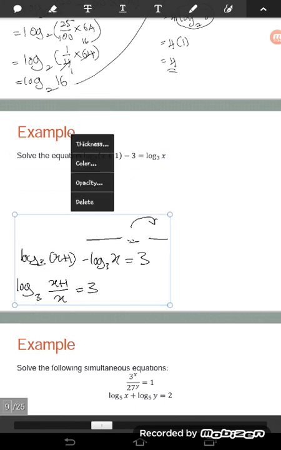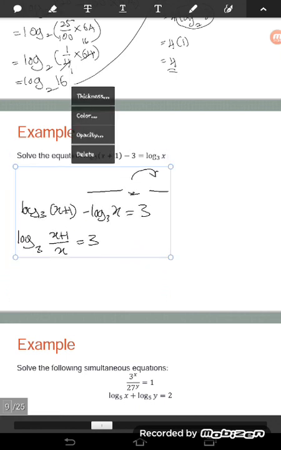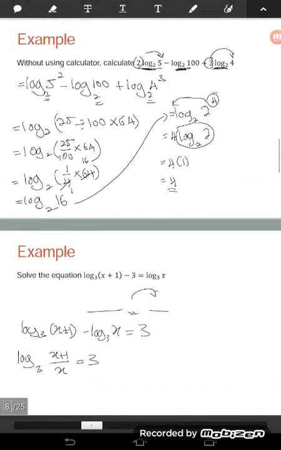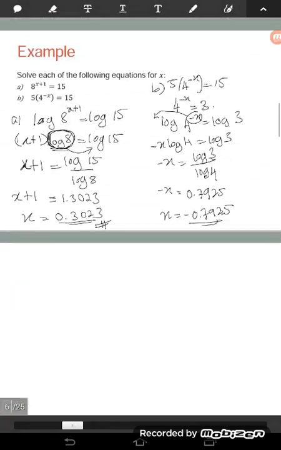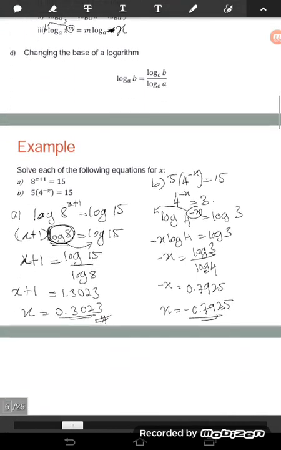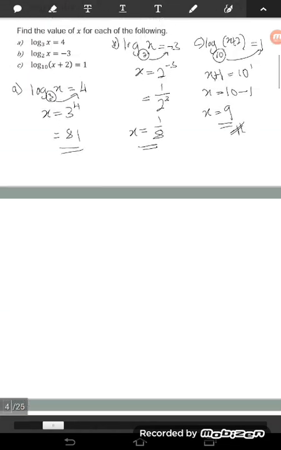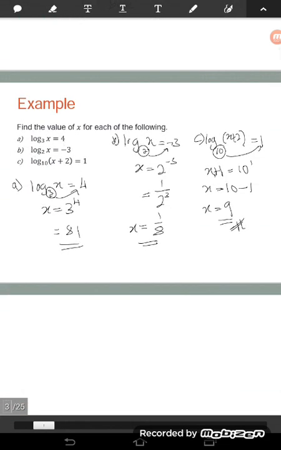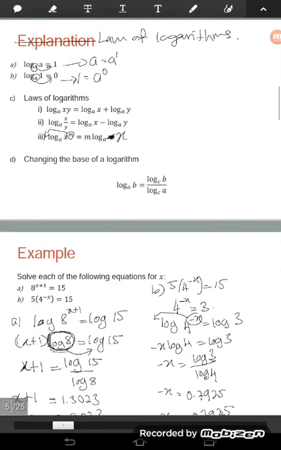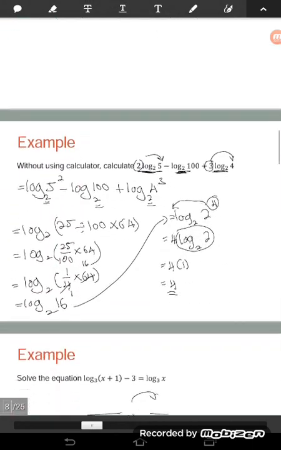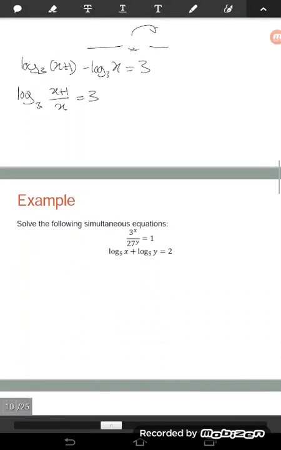And then this log, okay, so the form is already the same, isn't it? Is the form the same as the one above? This was earlier here. Okay, so the form is the same like this. So on the left side we have one log and on the right side we have a number. Since it is already the same form as this one, we need to change the log into index. So we need to change to index.